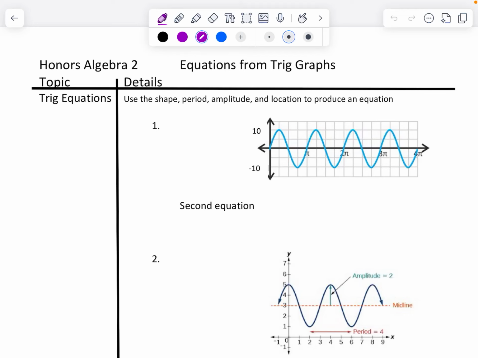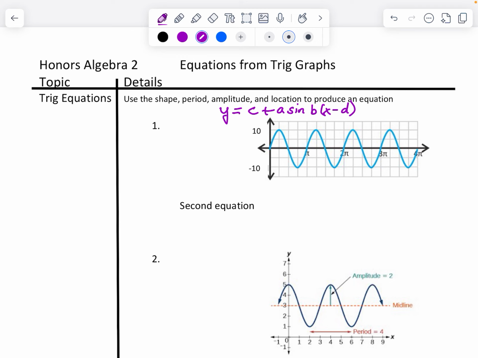The objective for this lesson is to be able to use a trig graph and come up with a trig equation from that. The general look of a trig equation is y equals c plus a times, and we'll use sine at the beginning here, sine of b times x minus d, where c is the value that's been vertically translated, a is the amplitude of the graph,